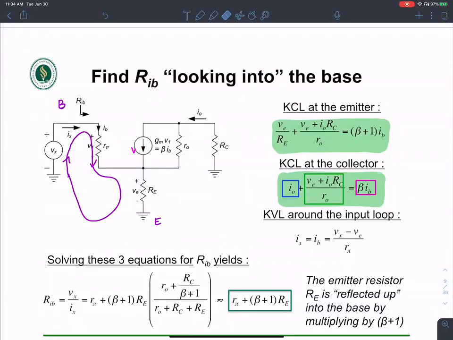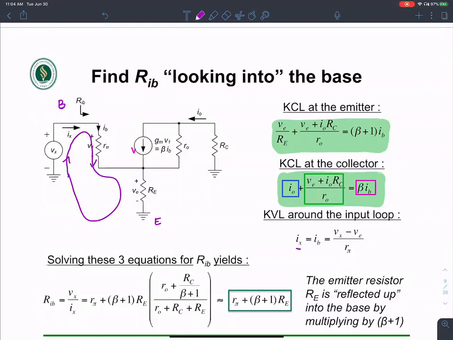Now, the idea of KVL is that the voltage dropped in each of these resistances should equal the voltage applied. The voltage dropped in each of these resistances will equal the voltage that is applied, and you can write